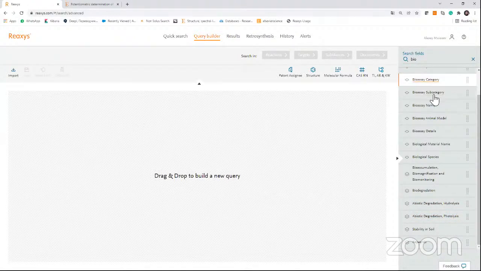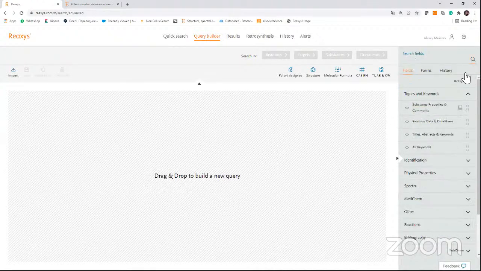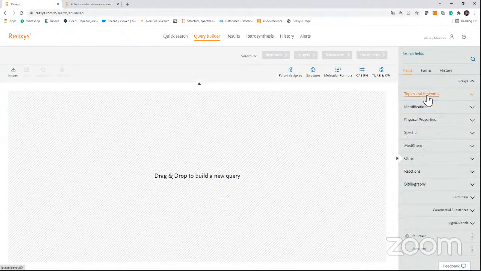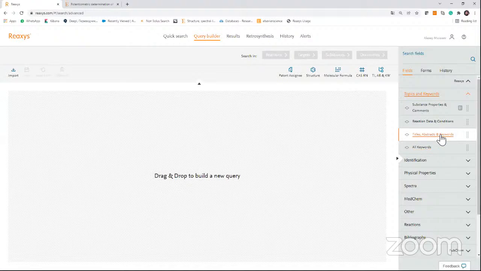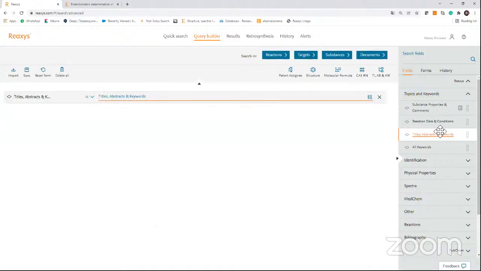And of course, feel free to use our keywords filter: titles, abstracts, and keywords. You can place here any titles that you're interested in. For example, bioplastic. I don't know what is bioplastic. Place it here, bioplastic. Let's try to find the documents about bioplastic.